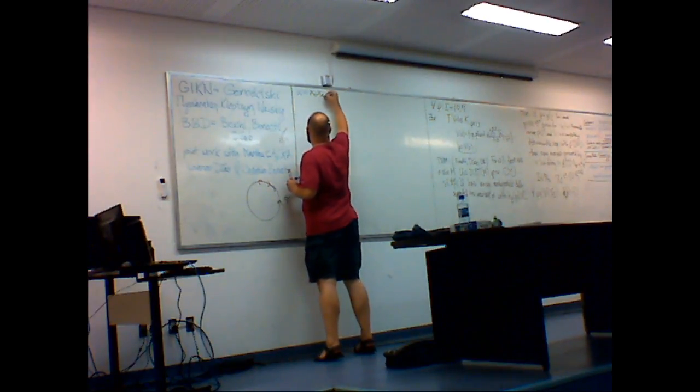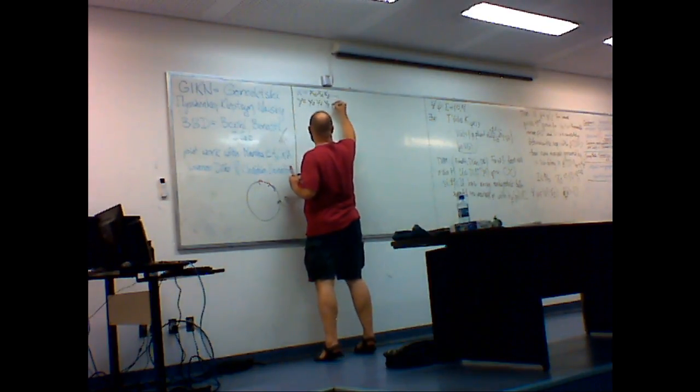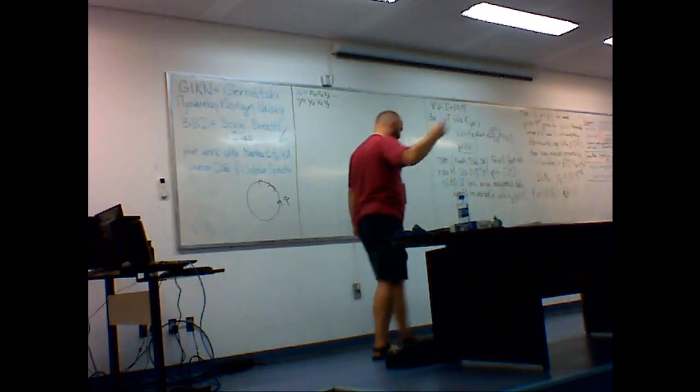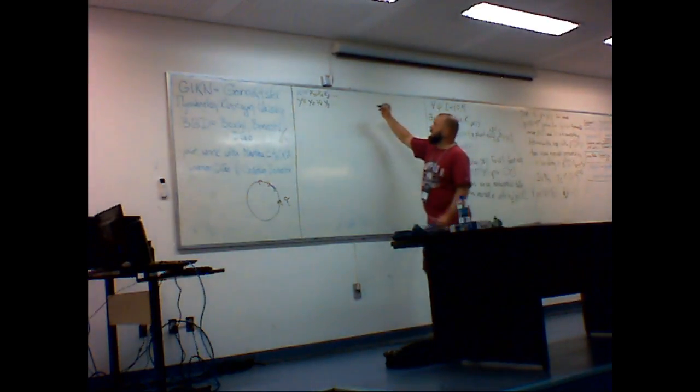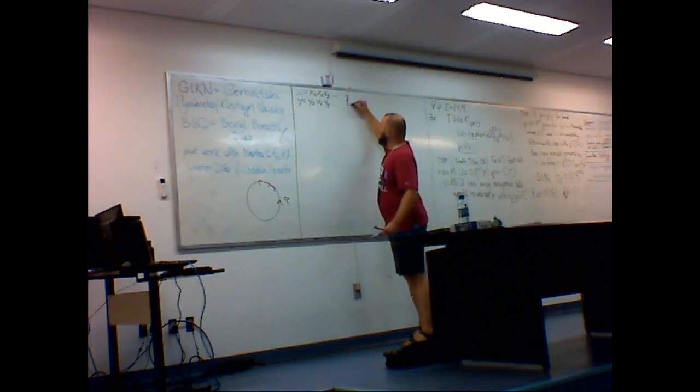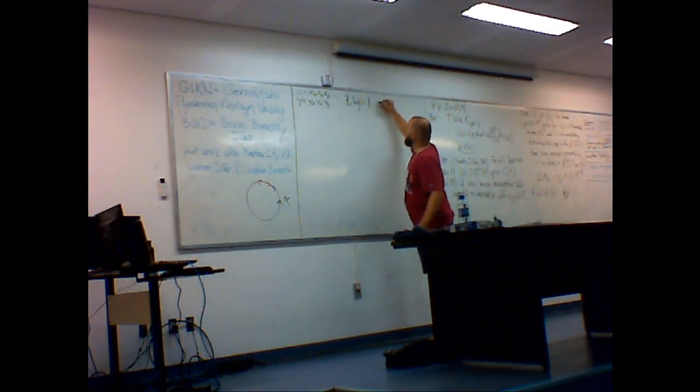X, x0, x1, x2, etc. and y, y0, y1, y2. So those are two sequences. You can think about this as sequences of zeros and ones. And then you define what's f bar n of x and y. It's equal to 1 minus